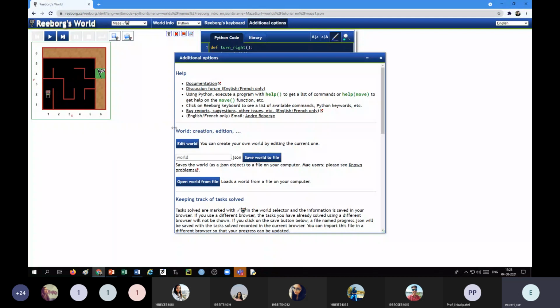Let me show you. Suppose the robot is here. So right hand side it will go there. Right hand side, then again right hand side is clear. Again right hand side is clear, and again, so it will go into an infinite loop. If this is the case, then it will go to infinite loop. So try to solve the problem when it is going to infinite loop. Pause the video and try to modify the existing program.